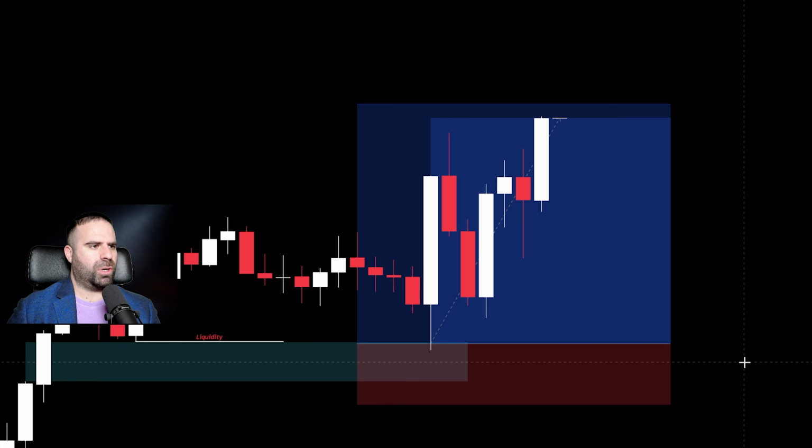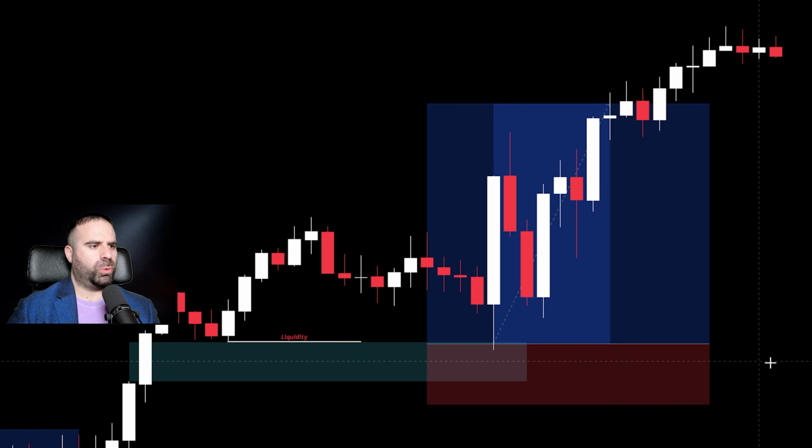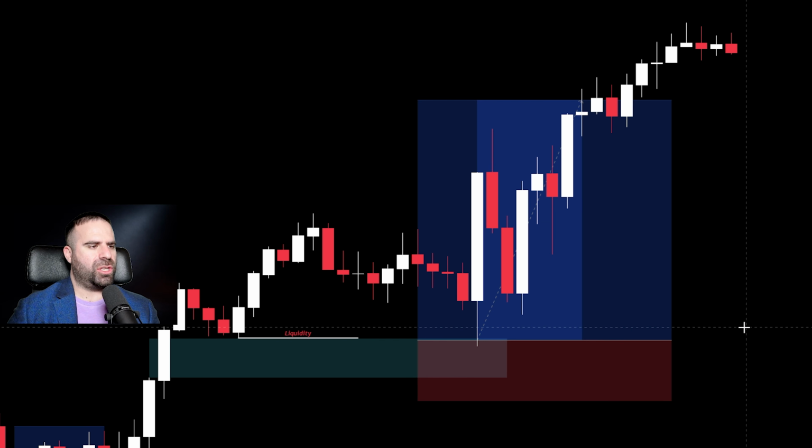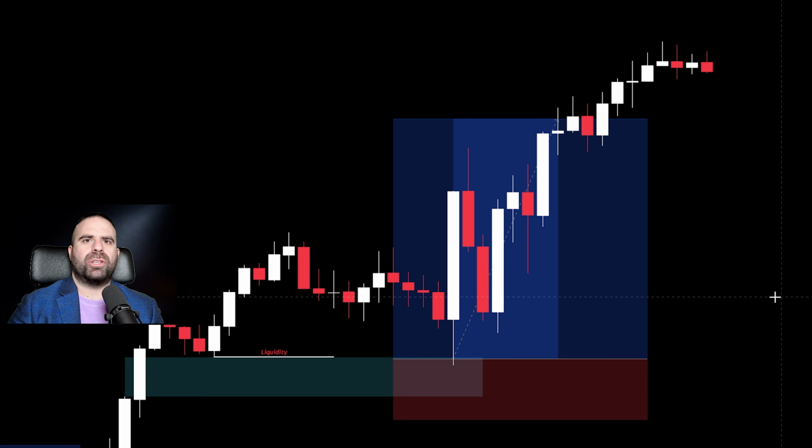Okay, if you're going to be winning with this strategy, you will need to always target at least a 4-to-1 reward to risk in order to optimize your returns. No stop losses at break even. You do not move anything at break even. Okay, 4-to-1 reward to risk and you are safe.